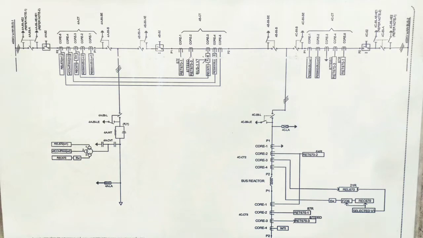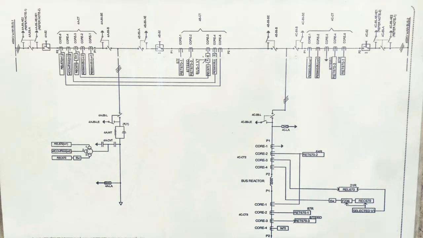Then the CVT circuit, which is connected in parallel with the line, consists of a measuring unit, measuring PT, secondary PTs, and also the protection secondary PTs, which are used for distance relay protection, and for over voltage and breakdown voltage kinds of protections. The measuring unit PTs are also connected to the bay control units, which means BCU, which measures the outgoing voltage or incoming voltage of your line.